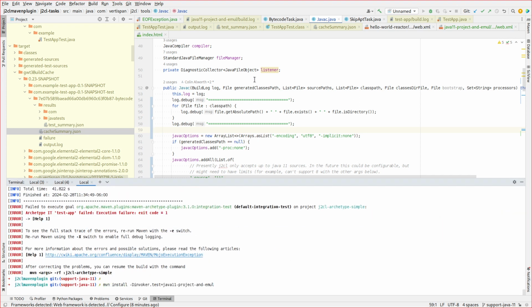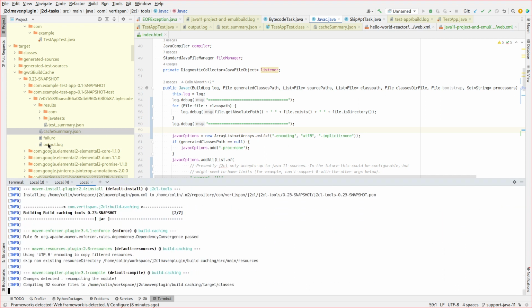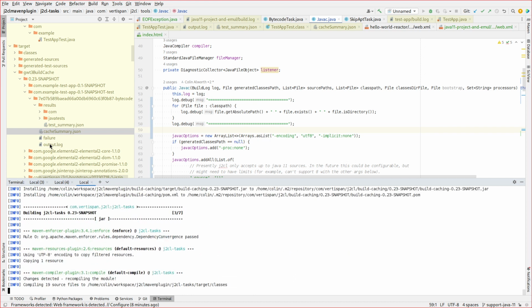I'm not sure how my debug logging is set up, if this is going to automatically dump to the output log, but not to the